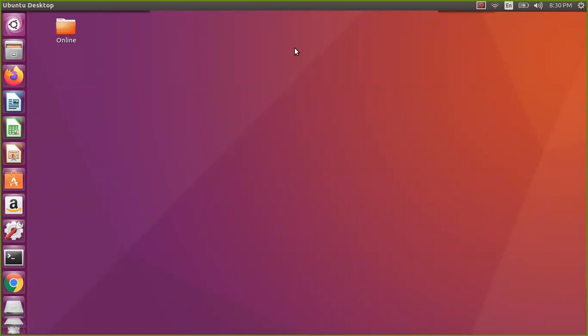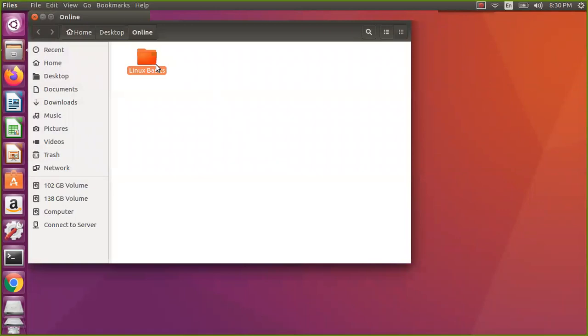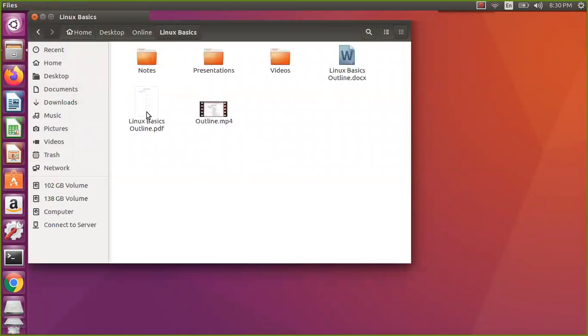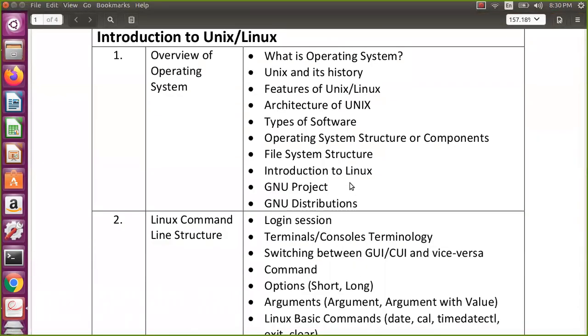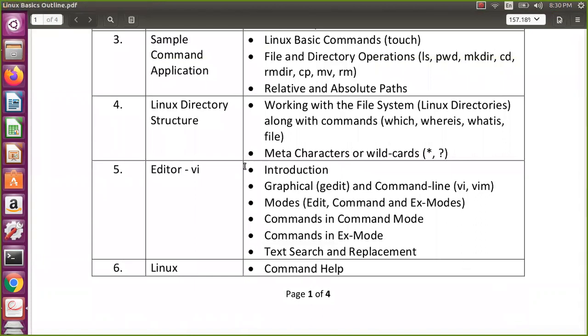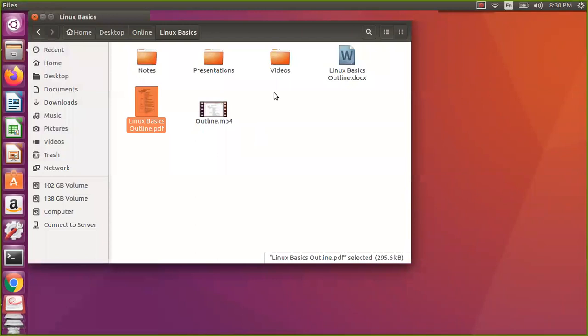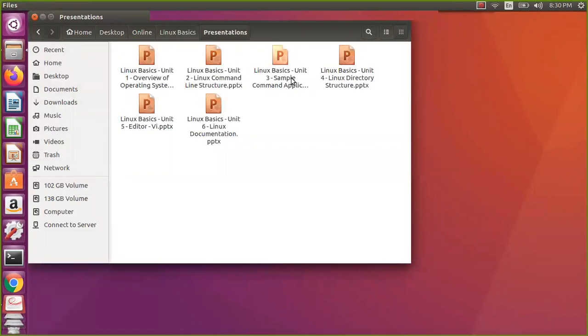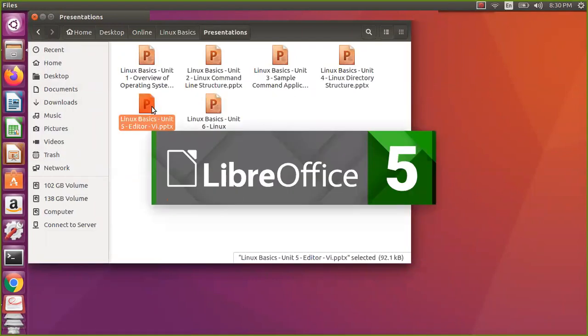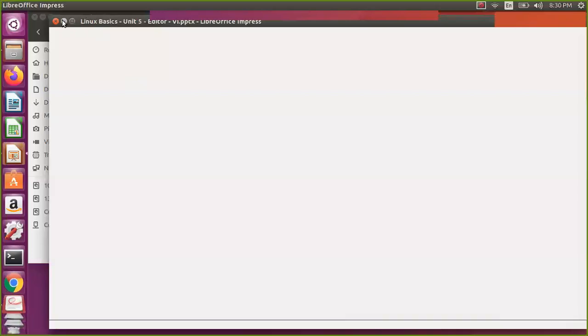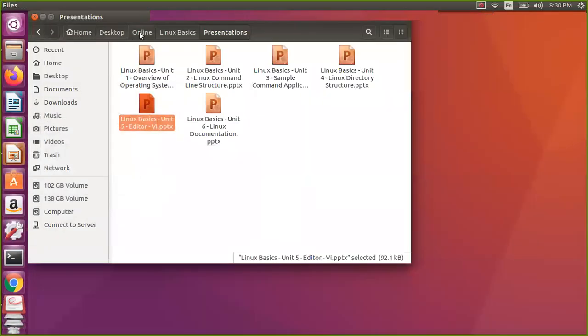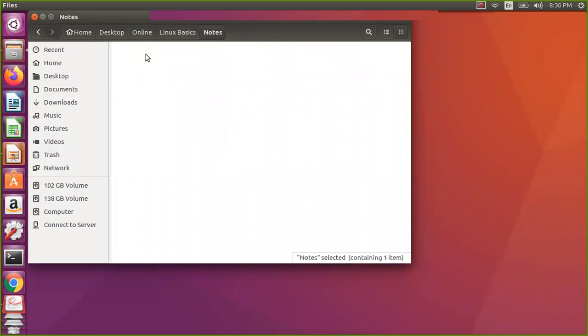So, as a general procedure, we'll open the relevant documents and then we will start our discussion. So let me open the outline.